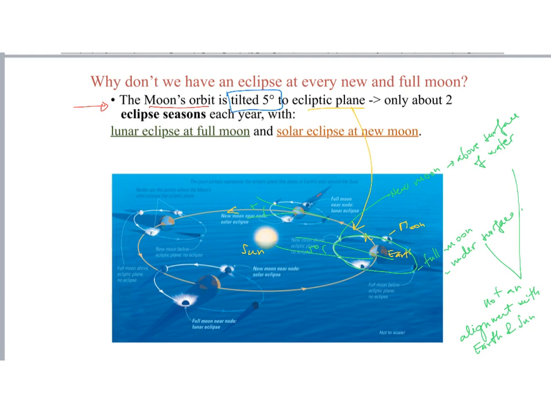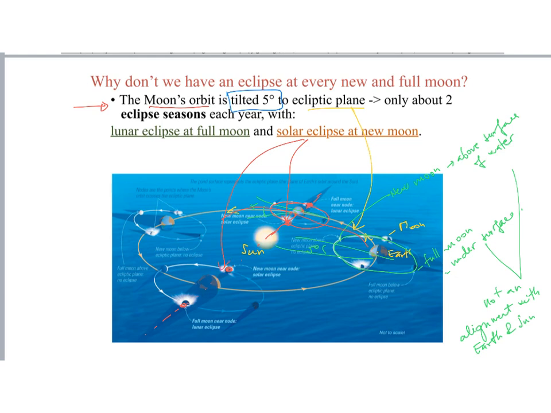On the other hand, in these situations, so look at this, we have a full moon here that is actually at the node, okay? These are the nodes, which would be the line where these two orbits, the moon's orbit and the Earth's orbit, intersect one another. So that forms these nodes. And the same here, right? So that means you actually get to have all these three celestial bodies aligned with one another. So you end up having a solar eclipse at new moon here, another one here,